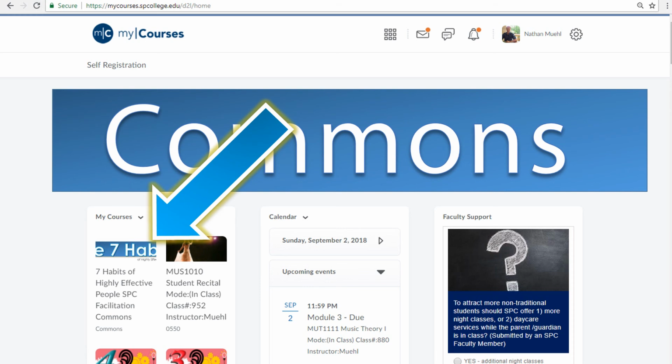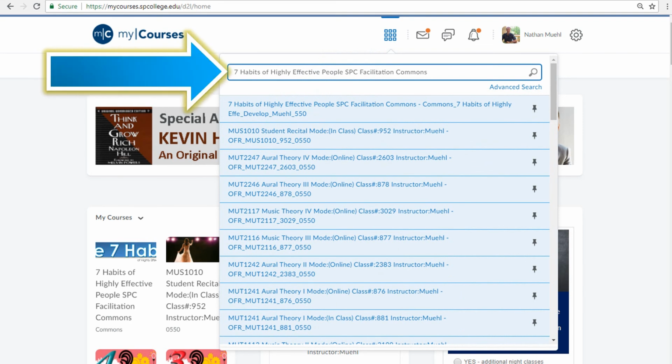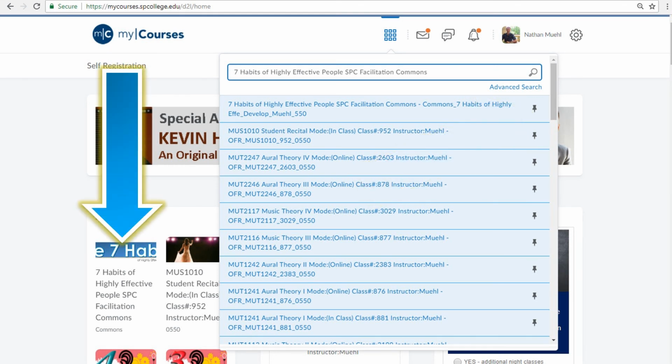in this area. If you do not see the 7 Habits Commons, click this little icon of 3x3 squares at the top of the page. That is the course selection tool. In the search bar, enter 7 Habits of Highly Effective People SPC Facilitation Commons. Now, if you have the option, click this little pin icon on the right of the title. That will pin the Commons to your My Courses area here on the left, so you see it each time